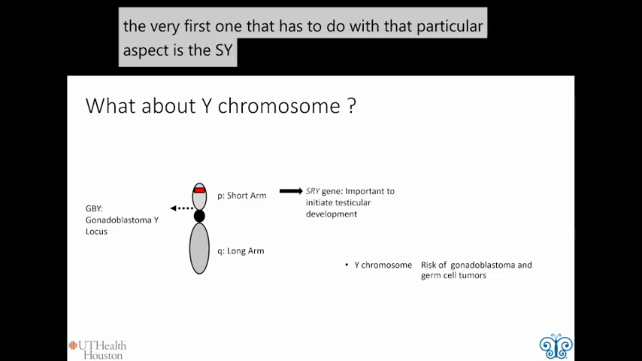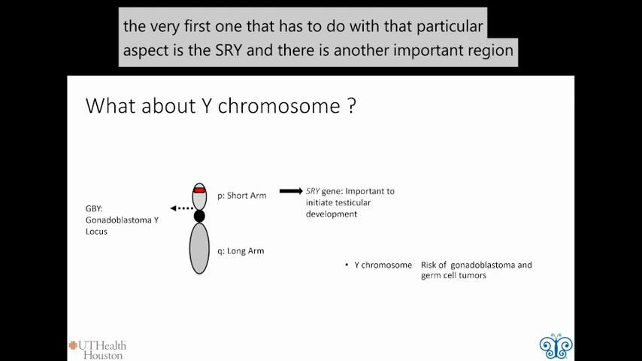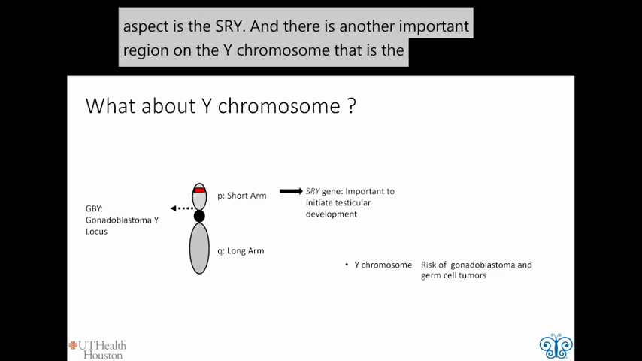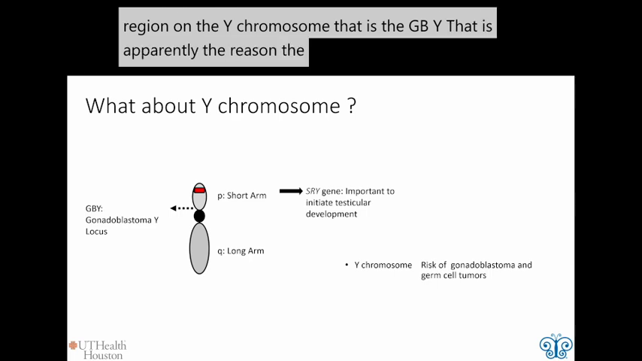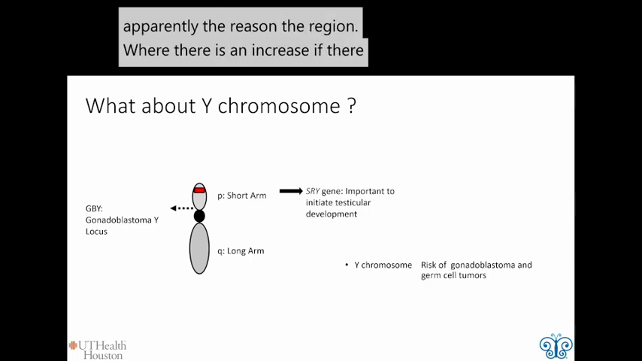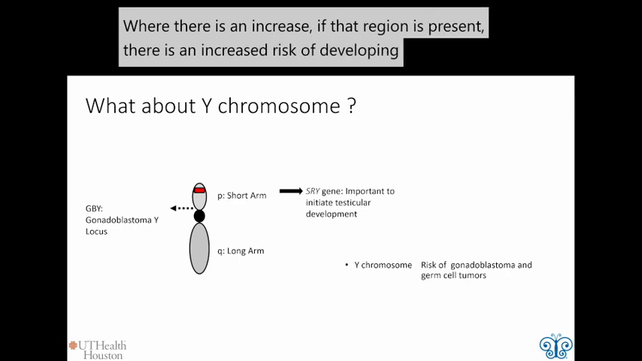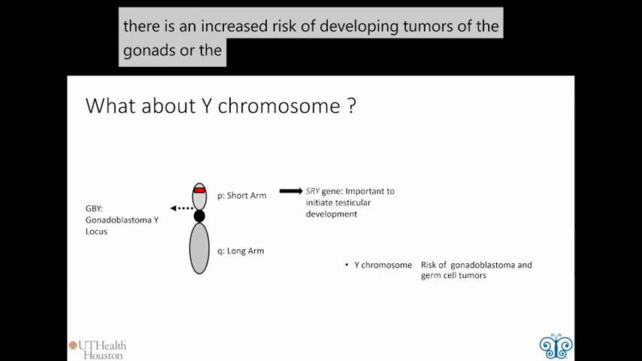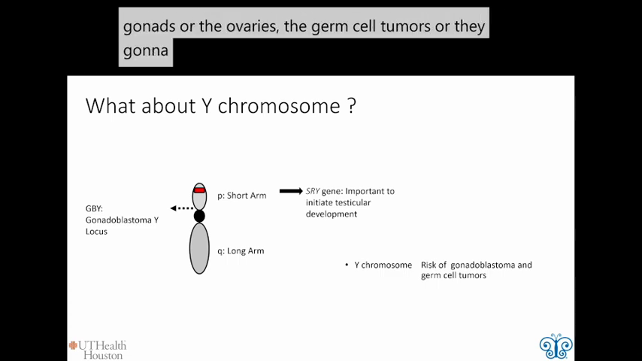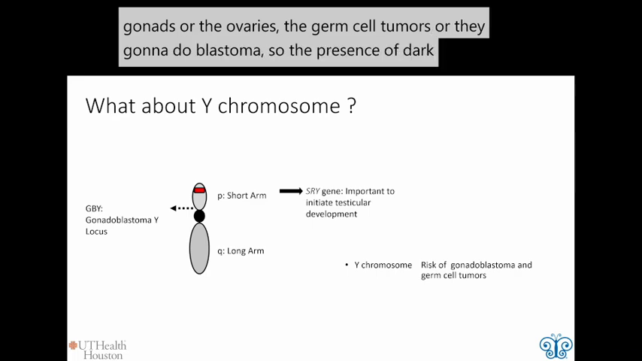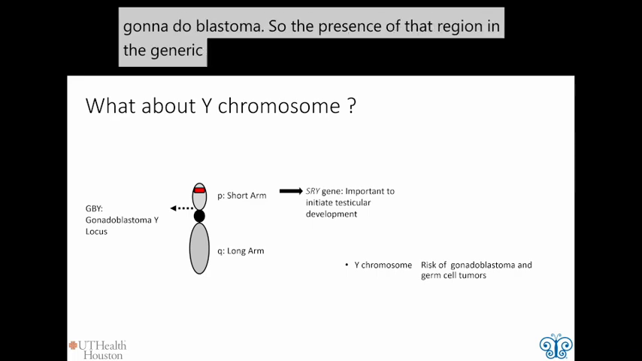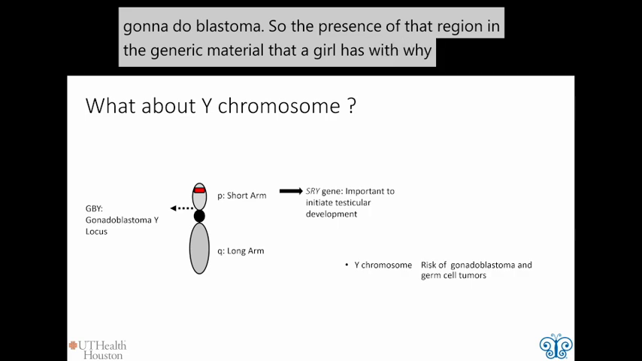And there is another important region on the Y chromosome, the GBY, that is apparently the region where, if it is present, there is an increased risk of developing tumors of the gonads or the ovaries, the germ cell tumors or the gonadoblastoma. So the presence of that region in the genetic material that a girl has with Y increases the risk of